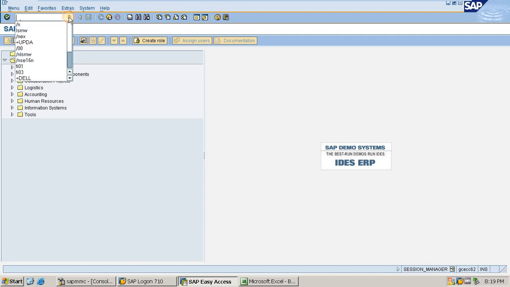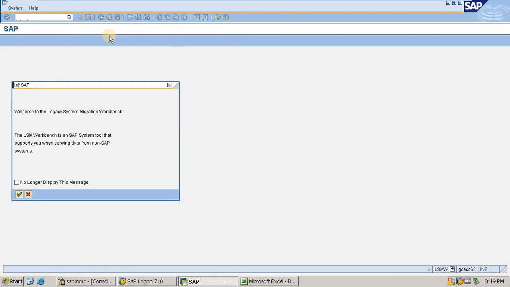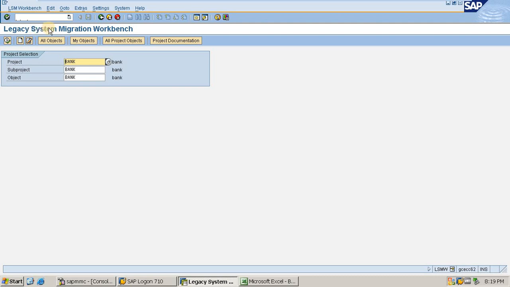So it is nothing but a tool, and as the name suggests, it is Legacy System Migration Workbench. This is the full form of LSMW. Now I am in the LSMW transaction. The transaction itself is LSMW. I am creating one project here, and under it I will create the LSMW rules.